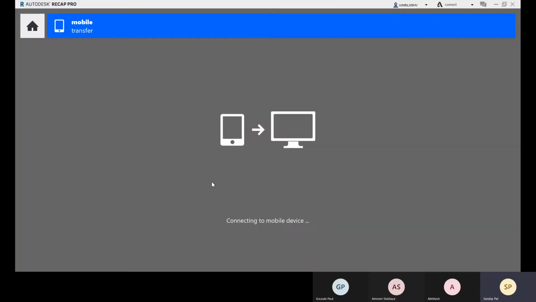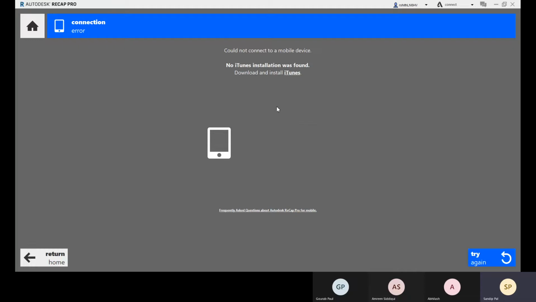If you have clicked some photos or some projects through mobile apps, it will open that also. It will connect to your mobile device, like an Apple device, and if you have projects there, you can open them here.